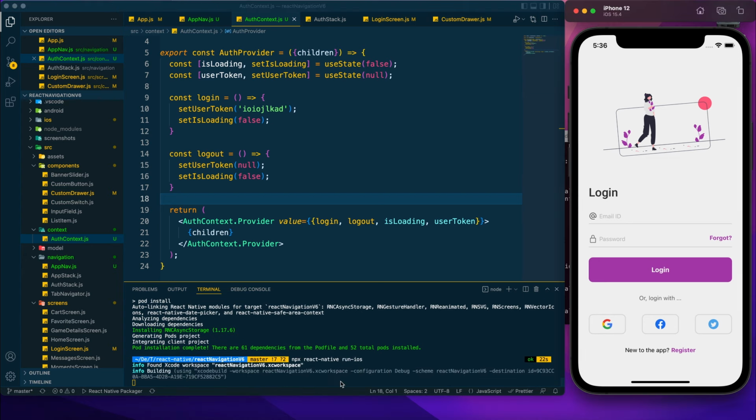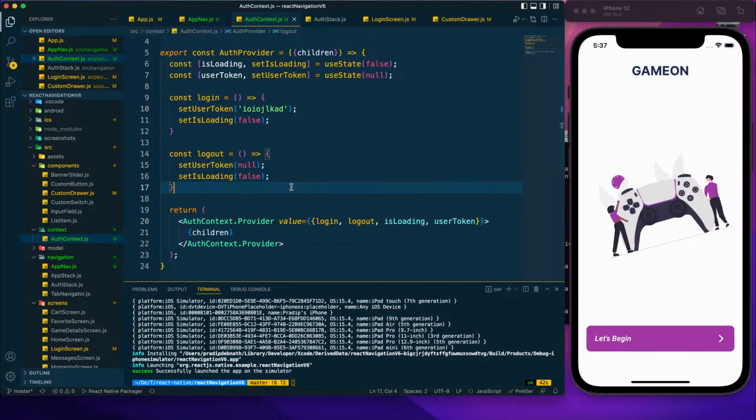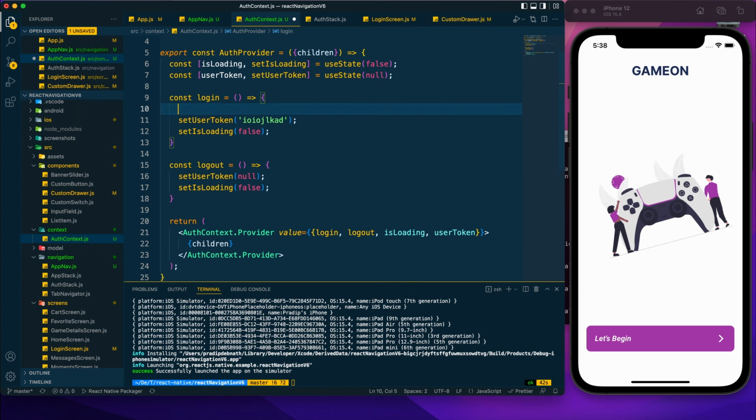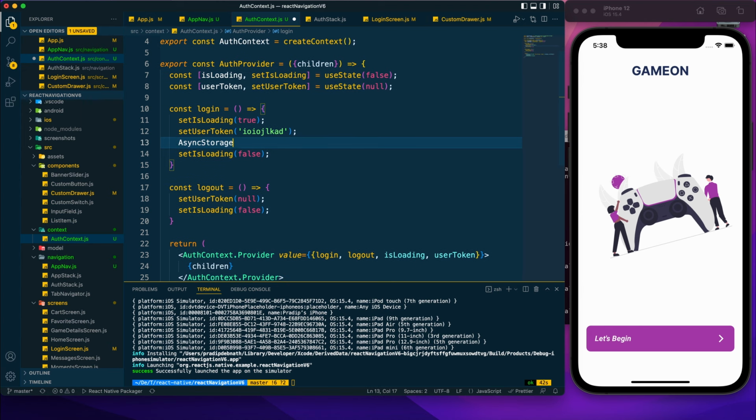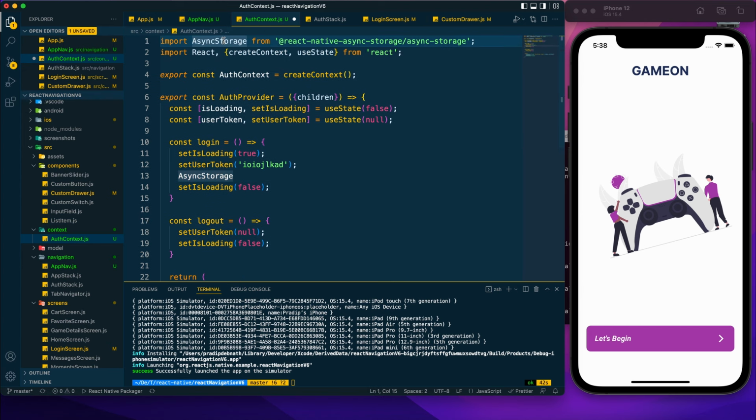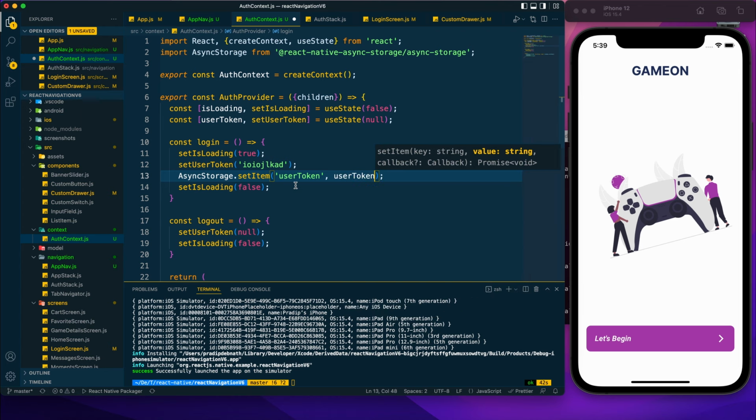npx react-native run-ios, and now we need to use the async storage. So here in the login, first we need to set isLoading to true, and then when we set the user token, after that we need to use AsyncStorage, and it needs to be imported. Then we need to set item, and here we are creating a userToken item in async storage, and we are storing this user token which